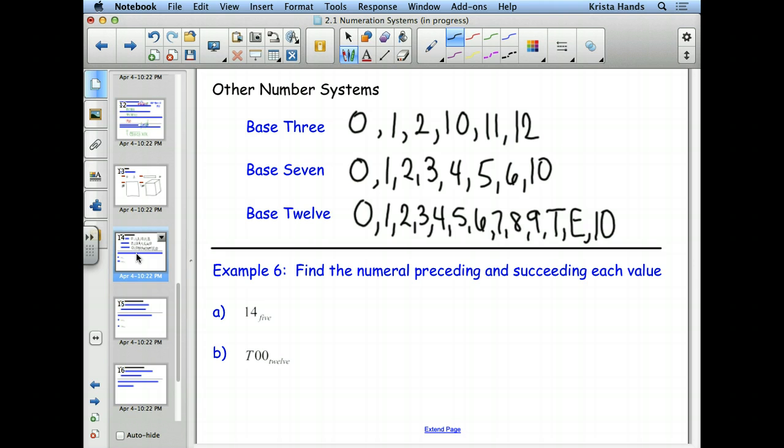So what happens once we get to 1, 9 and we've run out of digits in our base system? What do we do? We make the last digit a 0 and we increase the first one, don't we? 1, 9 is as big as I can do with 1 and a digit after it. So when I run out of digits, I have to turn the 9 back into a 0 and increase the number that came before. So I get 2, 0. And we can keep doing this. I would get 2, 0, 2, 1, 2, 2, and then